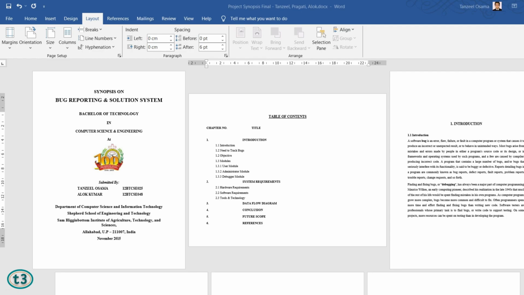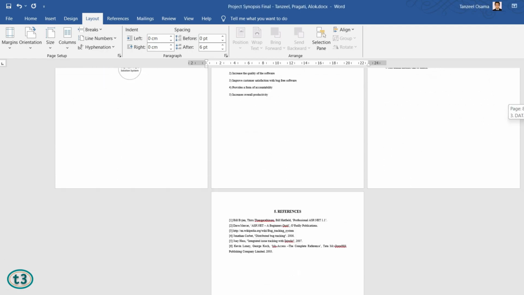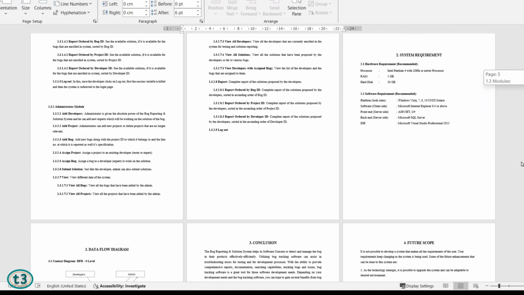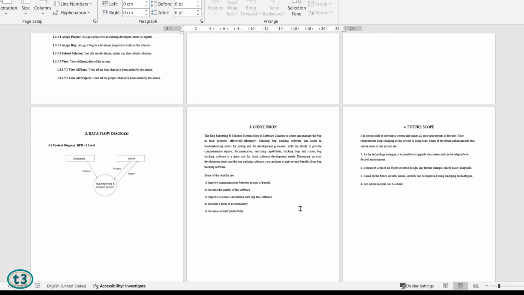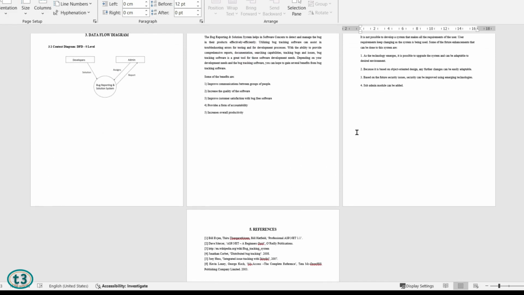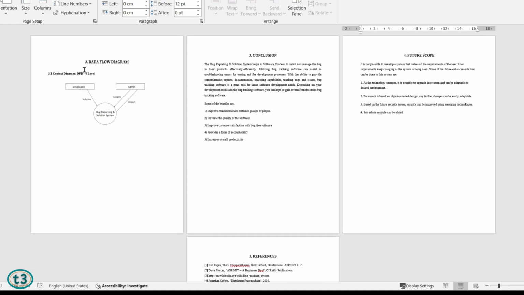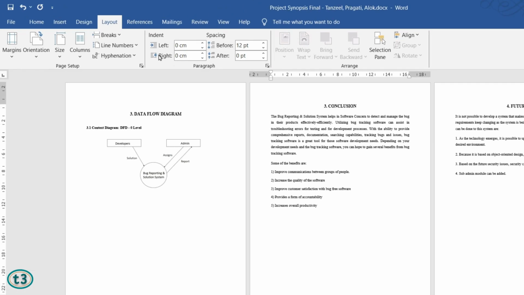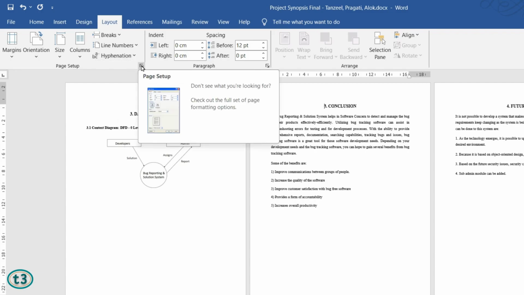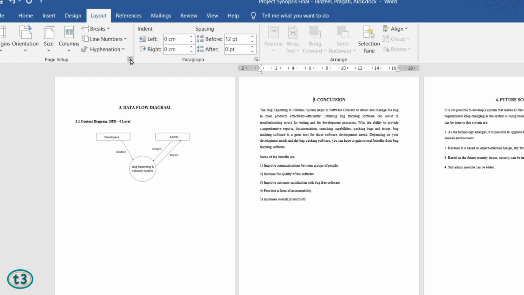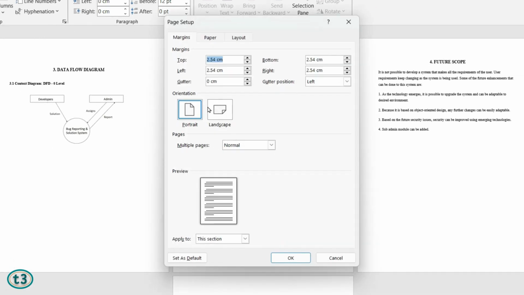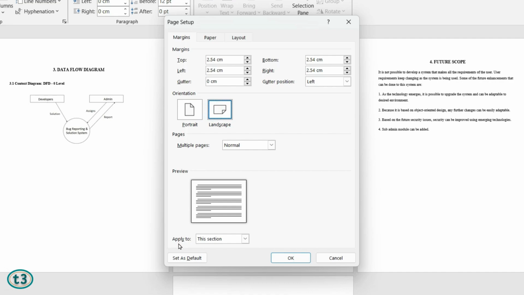So let's see, I'll just scroll towards the end of this document, and then let's say I want to change these last 3 pages to landscape. So till here I want all the pages to be portrait, and then I want these last 3 pages to be in landscape. So what I will do is I'll just click here like this at the beginning of the page, and then after that I just have to click here on this small icon to see the rest of the options for page setup like this, and then we have to choose the orientation to landscape, and after that